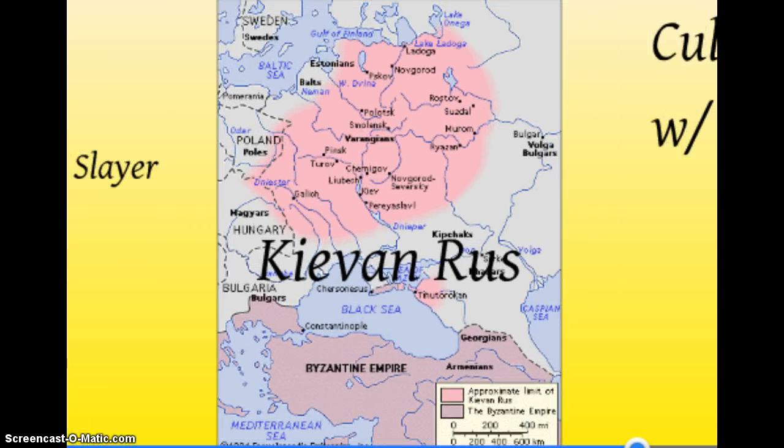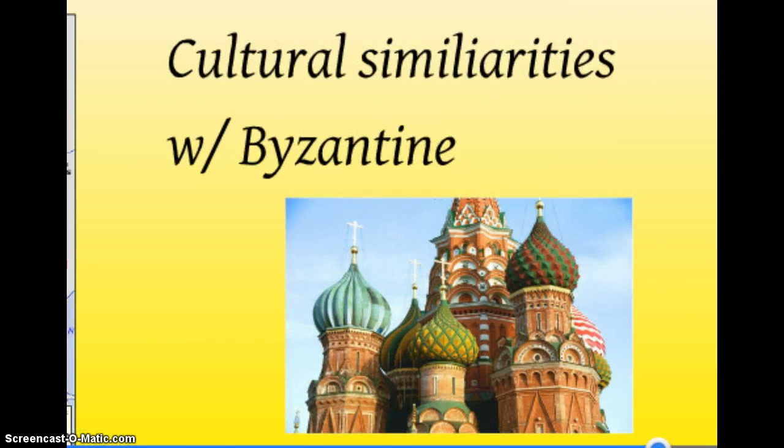The Kievan Rus. So the Kievan Rus have cultural similarities with the Byzantine. They are influenced by the Byzantine Empire because the Byzantine is sort of right next door. But the Byzantine also had two missionaries, Methodius and Cyril. You'll see them in your text. Make sure you fill that in on your own. Methodius and Cyril spread Orthodox Christianity up into what's now Russia, and they brought with them the Byzantine culture, the Greek heritage, mixed with the Byzantine language and things like that.